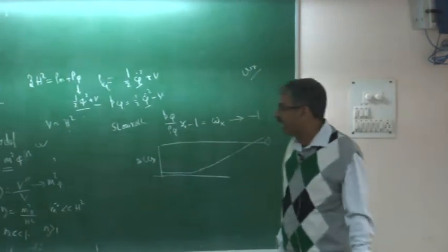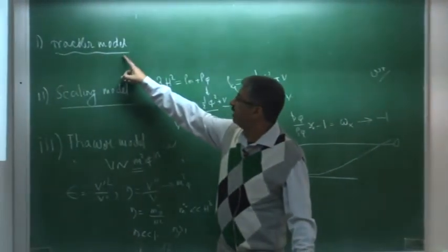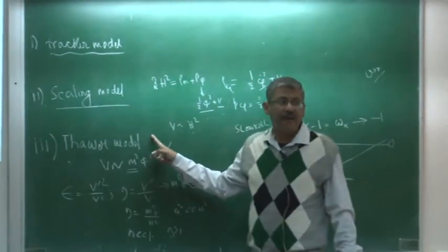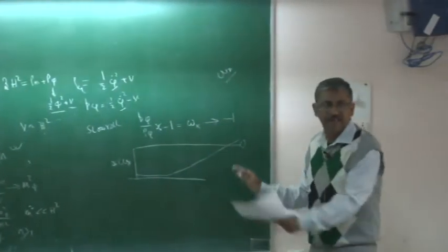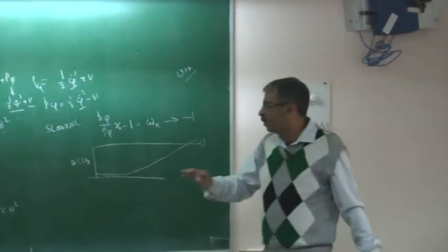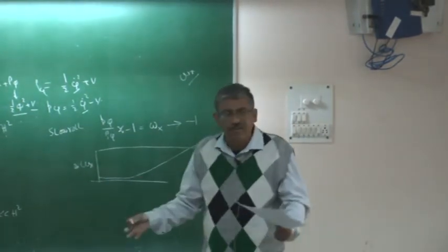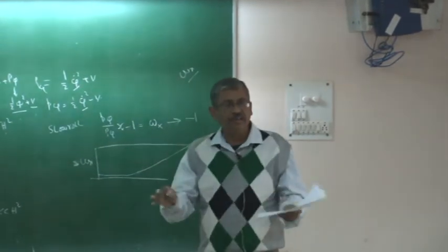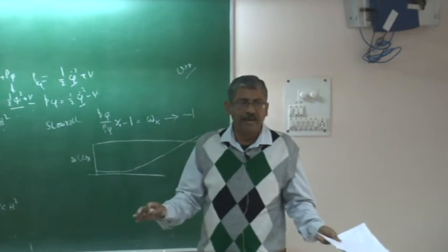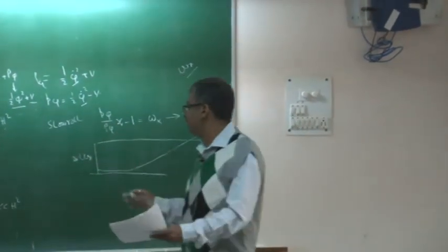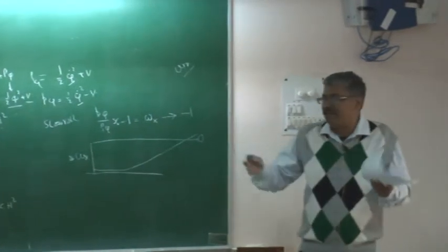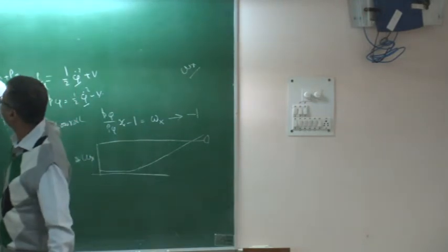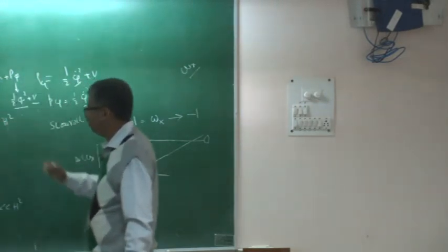The only problem here is that, as I said, for the tracker model we will show that it doesn't depend upon the initial condition, but here the initial condition is very important. You have to really fine tune your initial condition to get everything right. Most probably I don't have the time, but in some string theory setup, one can show that you can get those initial conditions in the right places. Whether you believe in string theory or not is a different issue, but it is a kind of exotic construction where you can get that setup. But at least we can have a tracker model and we can have a Thoyak model.